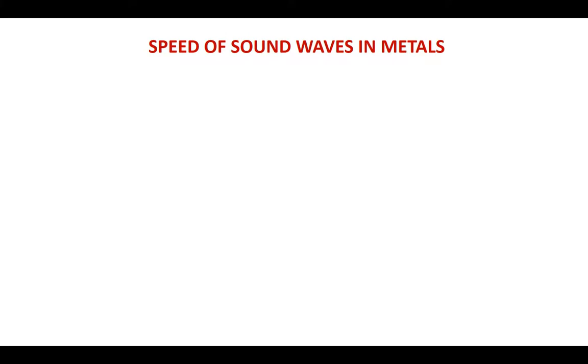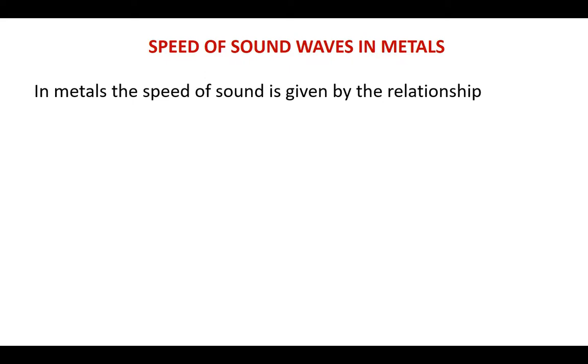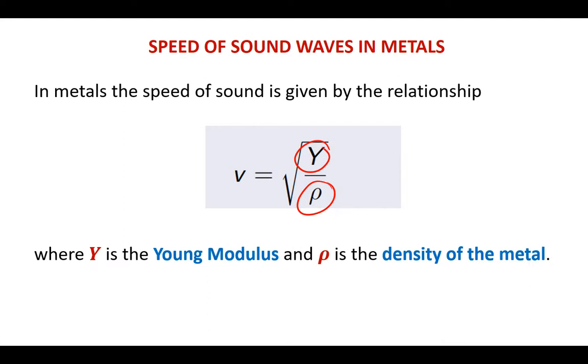Right. So let's look at the speed of sound waves in metals. The speed of sound waves in metals is found by using this formula which I wrote on the screen. So this Y you're seeing here is not really Y, it looks like gamma. This one is the Young's modulus, and then we have the density, which is rho there. So it also depends on the density of that particular metal that the sound is passing through.